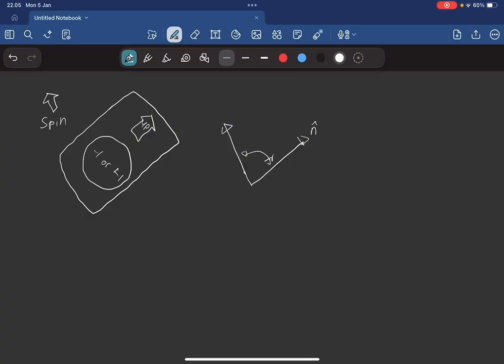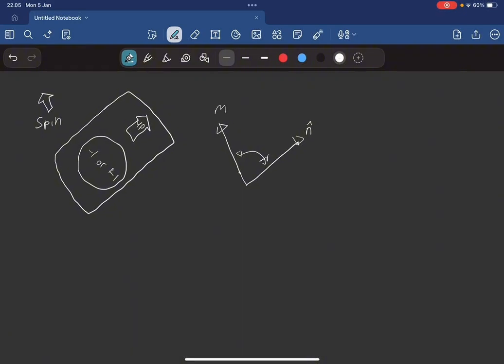We do not have to start with A oriented along z. Pick any direction m, such as this one, and start with the up arrow pointing along m. Prepare a spin so that the apparatus reads plus 1. Then, without disturbing the spin, rotate the apparatus to the direction of n as shown in this figure. A new experiment on the same spin will give a random result plus 1 or minus 1, but with an average value equal to the cosine of the angle between this vector n and m.